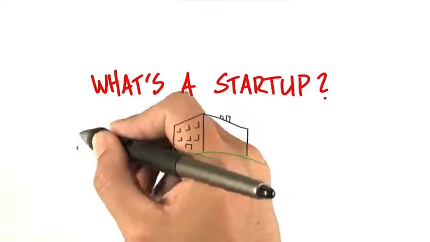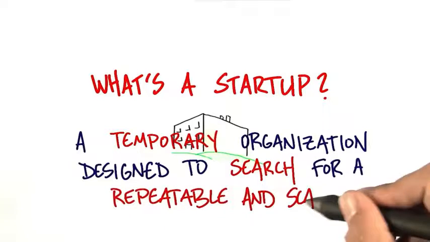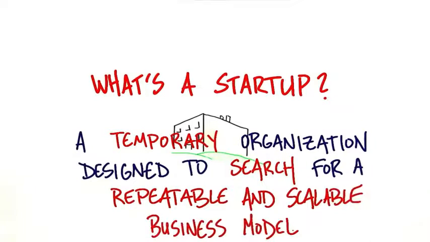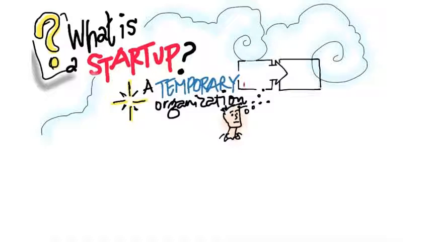A startup is a temporary organization designed to search for a repeatable and scalable business model. Now let's go back and parse this sentence because this is pretty important. Number one is temporary. The goal of a startup is not to be a startup. A startup actually aims to become a company. That's kind of interesting, because if you really think about it, at least if you're a web or mobile startup, there's no such thing as a 10-year-old startup. There's a 2-year-old startup attached to an 8-year-old failure. A startup is a temporary organization.